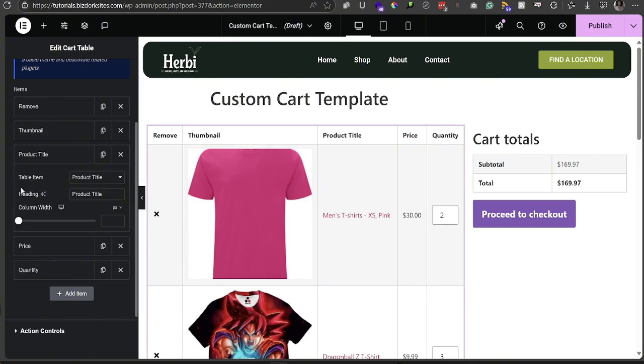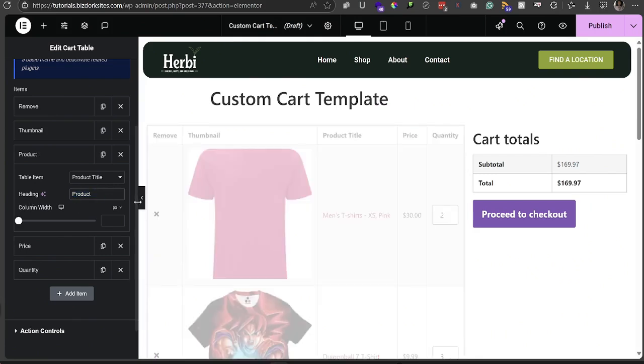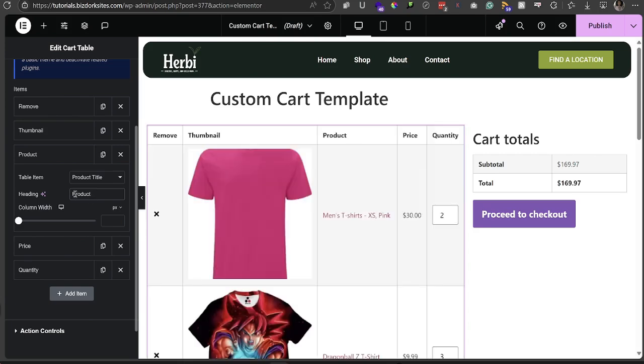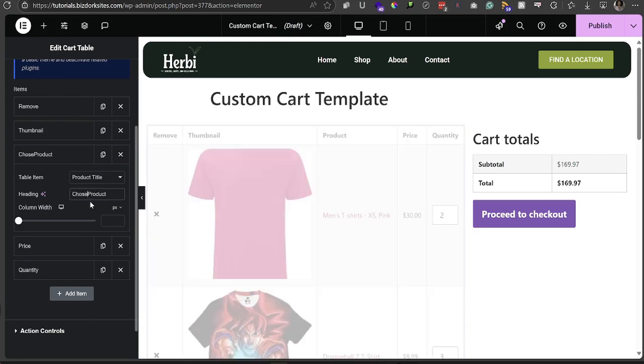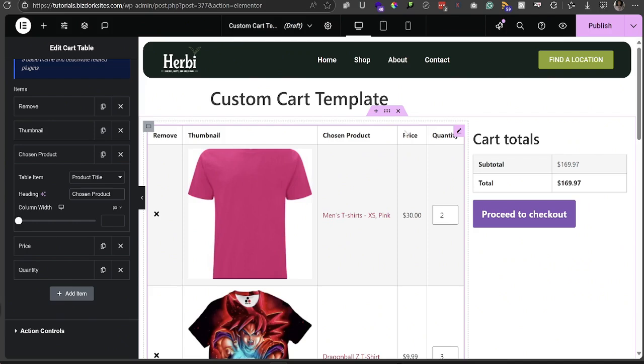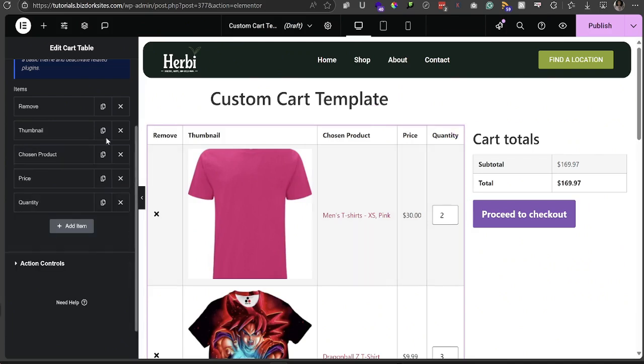So let's say you wanted to change the table item for the title, the product title. Maybe you don't want it to say product title. Maybe you just want it to say product. Or, I don't know, the product you chose, or let's just say chosen product. You can change this to, make it say whatever you want to say and speak the same language that your